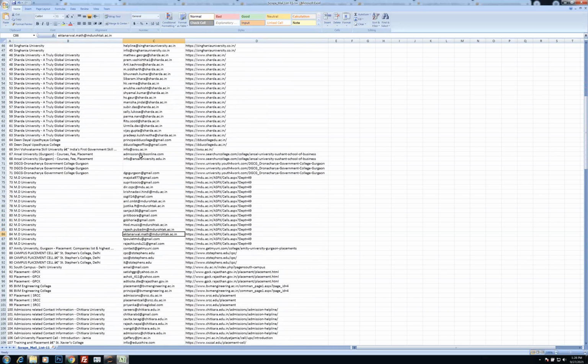So I've got it for MDA Rohtak also. Then the TPO, IET, MDU, contact at Get My University. This I don't want. CCSSC, IT, email at mail.com. This is not good. So if I find any bad one, I'm going to delete that.